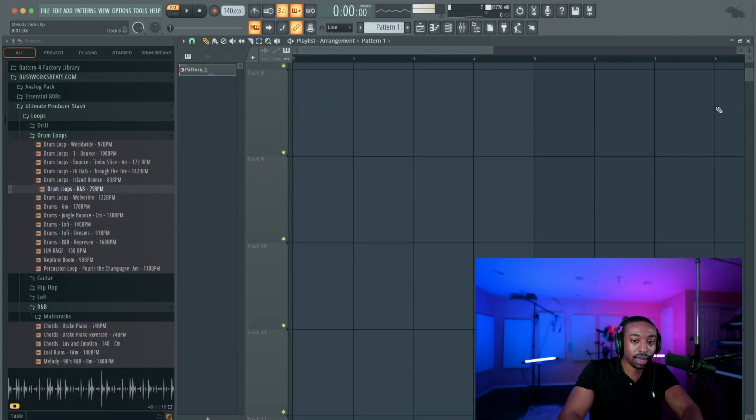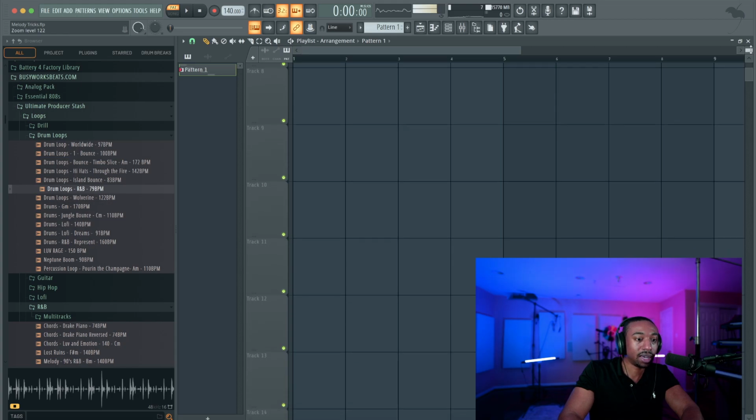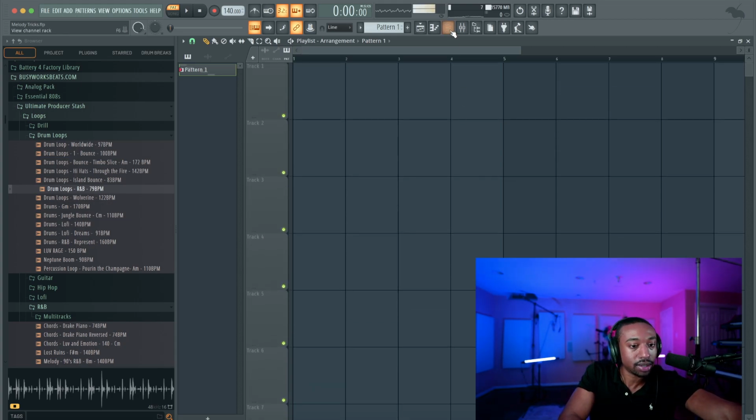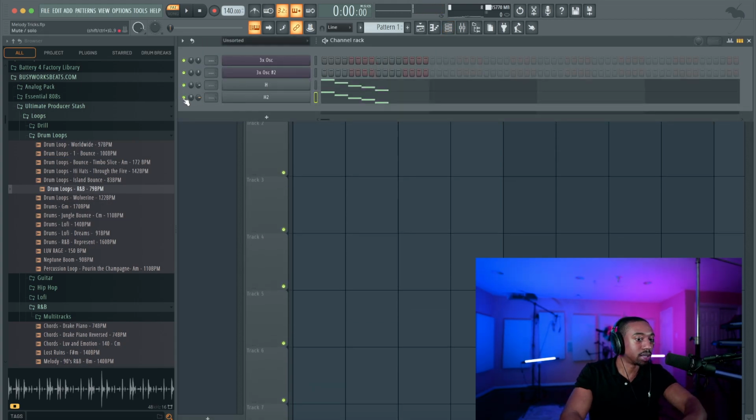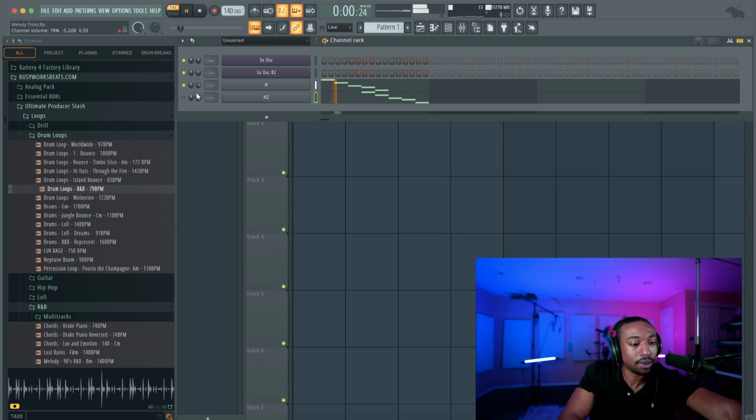So this melody technique is extremely simple. It's about timing and repeating time. Okay, so all I have is our 5 notes in our channel rack. And what we want to do is copy this melody, hit Control C, Control V to paste. And what we're going to do from here is hit Control Shift and then hit right. 1, 2, 3, 4, 5, 6. You can use any increment you want. I found that 6 is the magic spot for this technique.